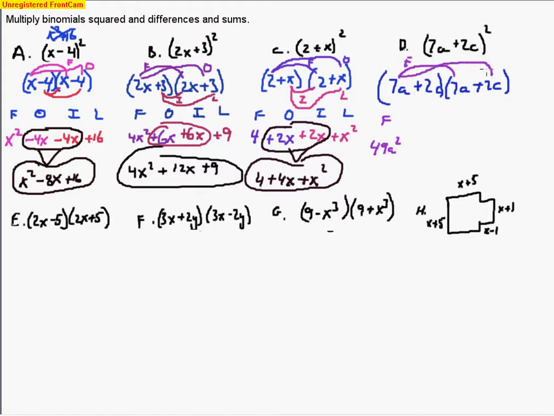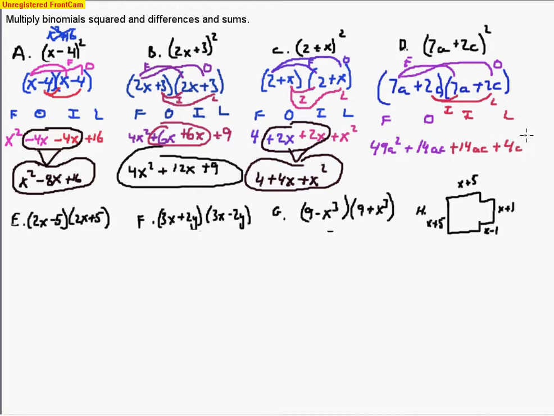Let's take a look at the outside terms. It's a 7a and a 2c. So the outer terms are going to be 7 times 2 makes 14, and then ac. The inside terms, if it's a binomial square, will be the same exact monomial as the outer terms, and that's the case. 2 times 7 makes 14, and we have a and c. Now CA is the same thing as AC, so I write it with the variable that comes first in the alphabet first. And then we move on to our last terms here,